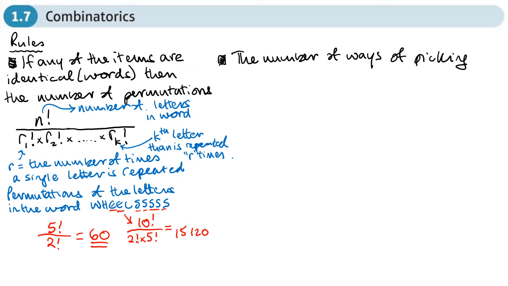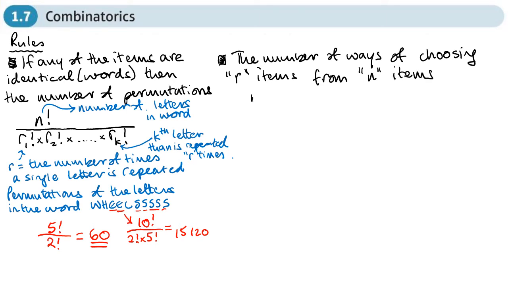So we're now on to the last rule, which is where we want to find out the number of ways of picking R items from N items. Now I'm actually going to change it to the number of ways of not picking, but choosing. So it just goes with the name of the rule. So the number of ways of choosing R items from N items is given as